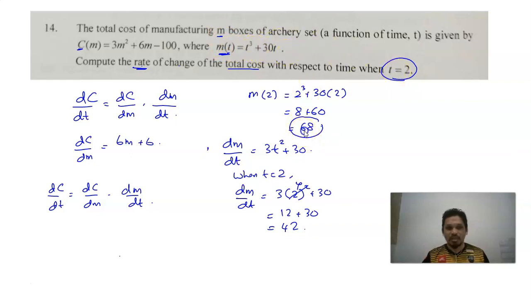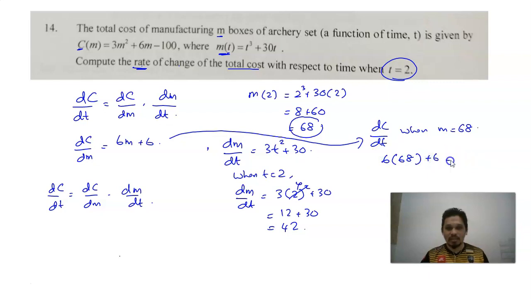Now we substitute 68 into here. Okay, so when t equals 2, m equals 68. I write it down here then. Okay, dC/dt when m equals 68, which is 6 times 68 plus 6 equals,